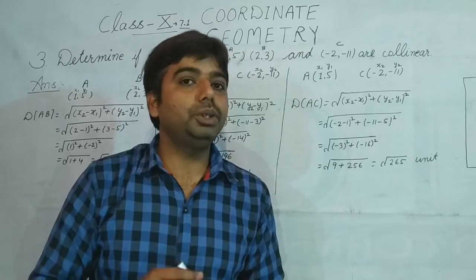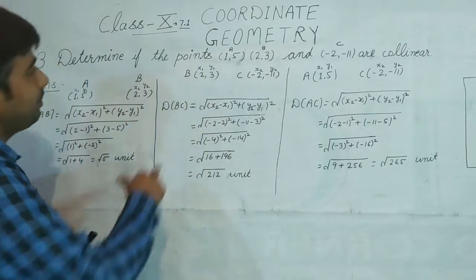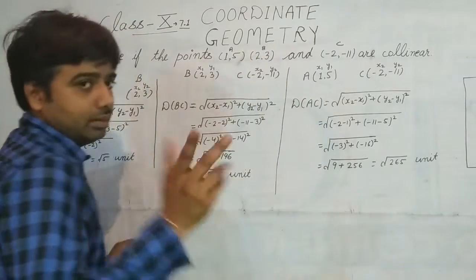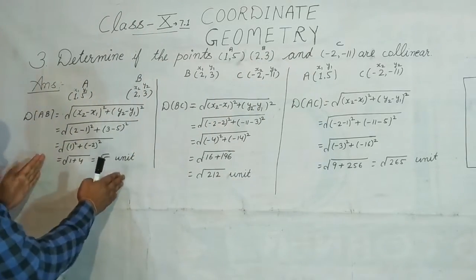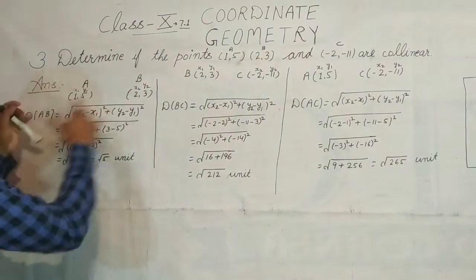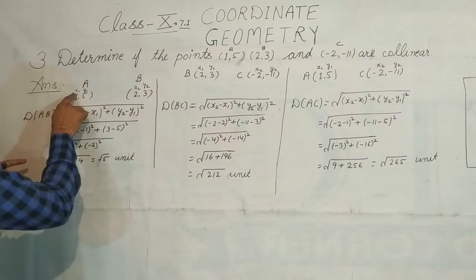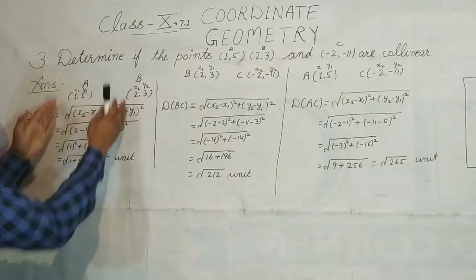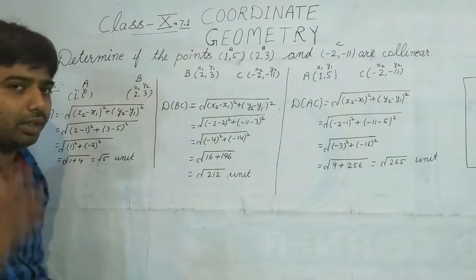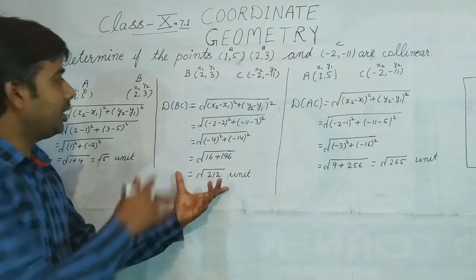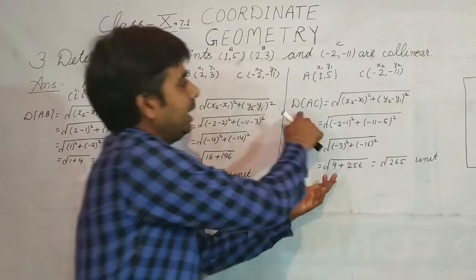I hope you have found the distances of AB, BC and AC. Let me tell you, you can calculate like this also. First write the coordinates of A and B here. Write down x1, y1, x2, y2 and you can calculate the distance. We have already calculated many distances in earlier questions also. In the same way, we are required to find the distance of BC and AC.